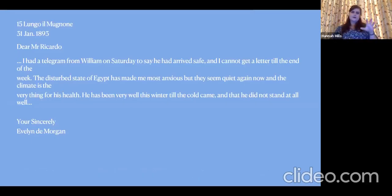Now, Evelyn is also writing to Halsey Ricardo at this point to say that he's arrived safely on the Saturday, and that she's worried about the state of Egypt at that point, because Egypt's in a little bit of turmoil in terms of the government, because it's primarily being run by the British, and is not quite part of the empire, but sort of. So she's quite worried about him being there, but also she's optimistic about his health,